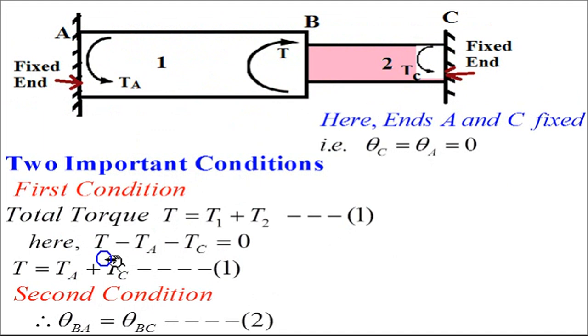So the same thing I have written over here. Only the added part is this one. So total torque T will be equal to, if you add this, now I have shown this torque as clockwise. So clockwise torque I have taken positive. If you want to add all of the torque sequentially, so here clockwise torque T positive minus anti-clockwise torque TA minus anti-clockwise torque TC will be equal to 0. Then you will get T equal to TA plus TC. And the second condition is theta BA plus theta BC must be equal to 0, or they will be equated. So these two conditions are required while solving the problem, condition 1 and condition 2.